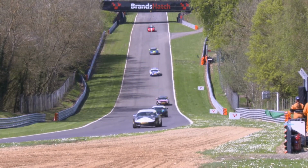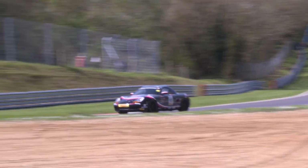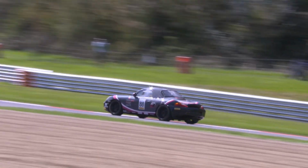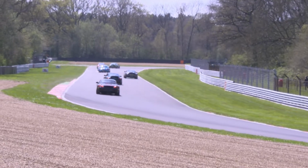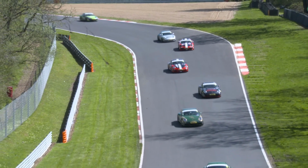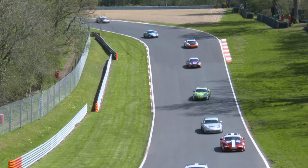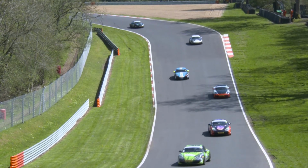See them weaving around, building tyre temp, building brake temp as well. And through shot goes number 88, which is Tom Atherton, who is off the back of the grid for this one. Was a little bit off the pace compared to everybody else in terms of qualifying, but the difficult thing is